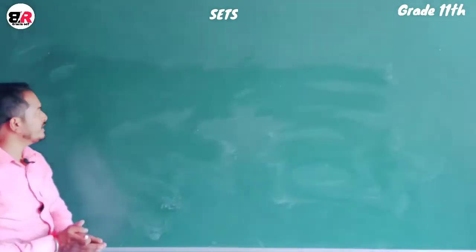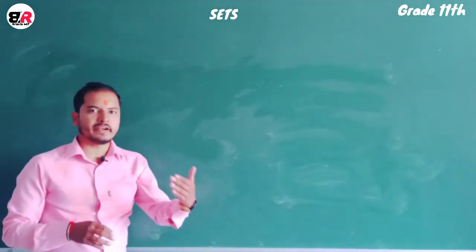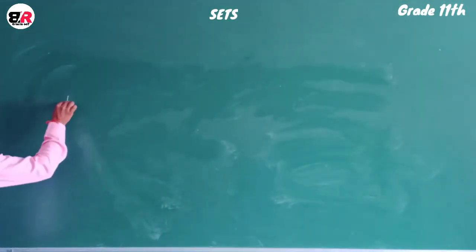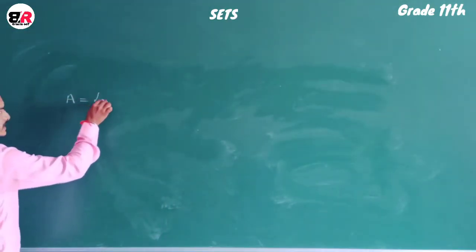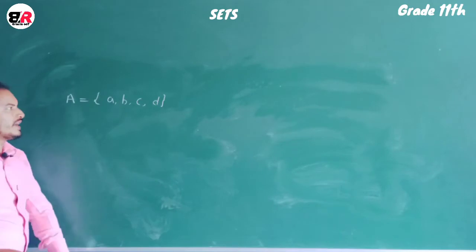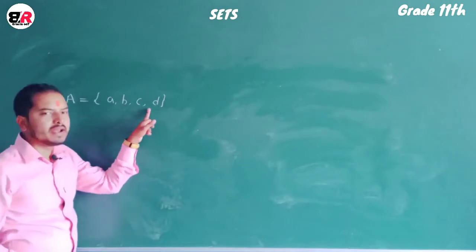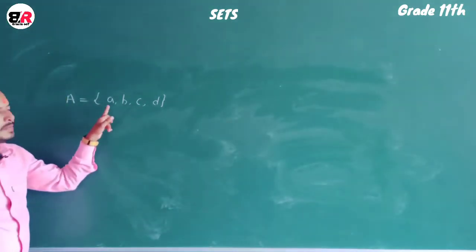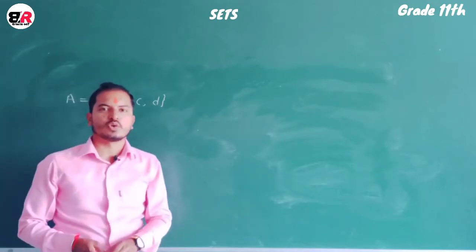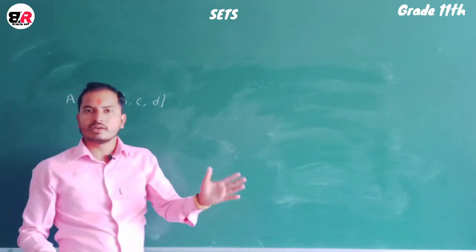So at first I am going to describe roster form to represent a set. In roster form, elements are separated by comma within a curly bracket. For example, I am going to write an example of set that is {A, B, C, D}. It is very clear by the definition that elements are separated by comma. Each element is separated with a comma and the elements are contained inside a curly bracket. It means that this representation is known as roster form. We had studied all the sets before this, all are described in roster form.